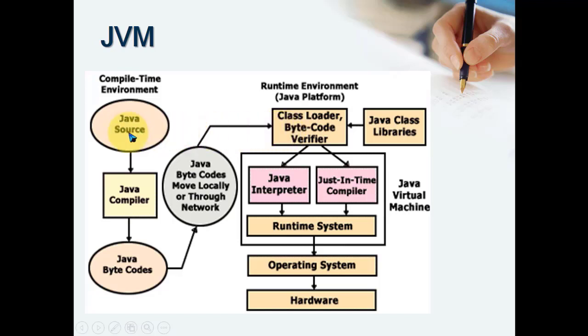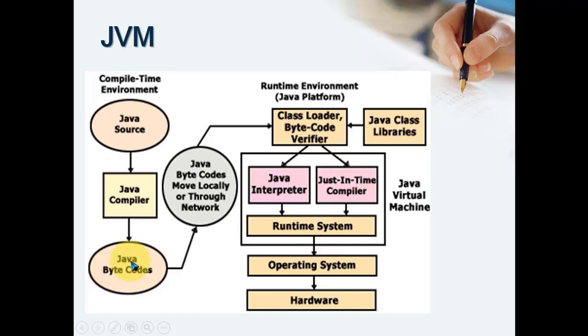Now suppose I write a first program in Notepad as hello world in Java, and I save it with the .java extension. This is your Java source code. At the time of compilation, I need a Java compiler. For a Java compiler, I have to install the JDK, that is Java Development Kit. In the next slide we will see. This Java compiler came with your JDK setup. The Java compiler will help you compile your Java source code and convert it into Java bytecode. This is your .class file. It is Java bytecode, which in general terms is known as object code.